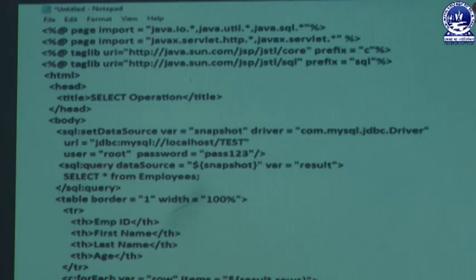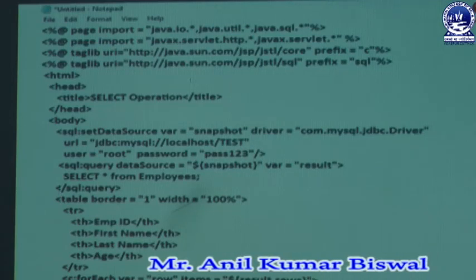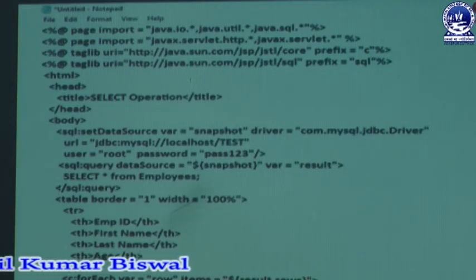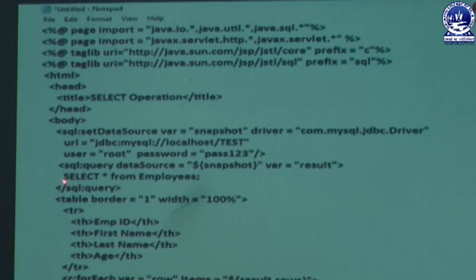Now we are typing a command like select * from employees. It is an SQL command for retrieving this type of data from our database record: select * from table name, meaning employees. The whole table structure is automatically retrieved from our database to our front end. This retrieval is represented in a very beautiful way, which is written within our SQL tag, meaning the sql:query tag, which is a custom JSP tag library. In this way we can close that custom library tag, known as /sql:query.